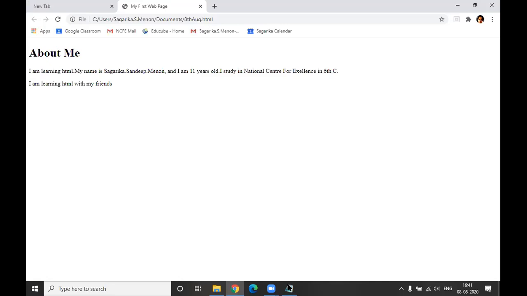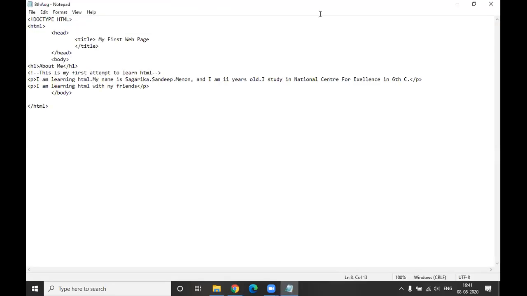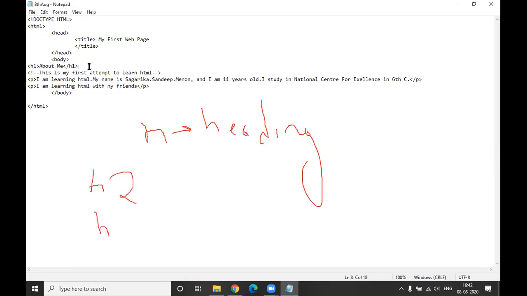Let me finish this h1. H stands for heading. Just remember, anytime you create a document, you give a heading to it, right? So h is heading. Now headings can have various sizes. h1 is the biggest size that you can have. Then you have something called h2, h3, then h4. There's nothing called h5? No, we have h5 also.